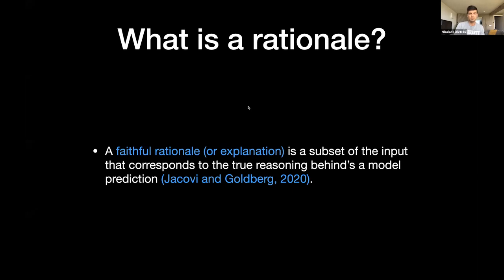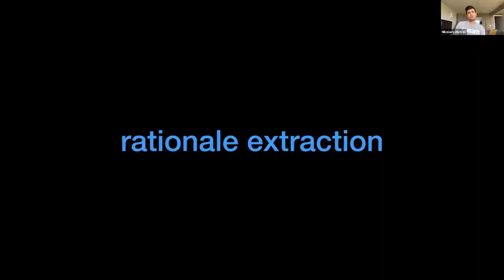And actually, this definition helped quite a lot in grounding work in interpretability in NLP. It was a definition by Alon Jacovi and Yoav Goldberg, in a paper published in 2020. Well, interpretability work didn't start in 2020, but this is a first definition of what is a faithful rationale. Okay, so now let's move to how we can extract rationales. I'm just going to give a general picture of how we can do that in supervised machine learning settings, but I'm going to use examples from natural language processing because I do natural language processing research.